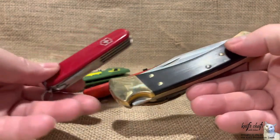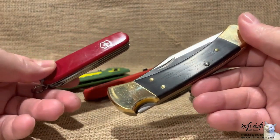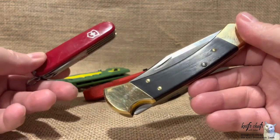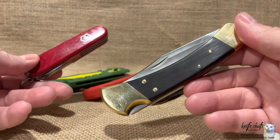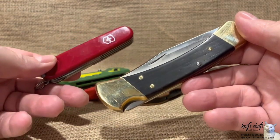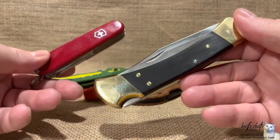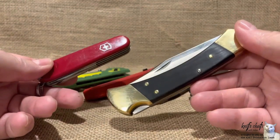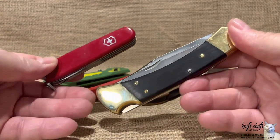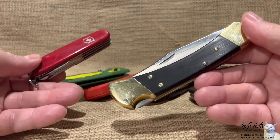Now, my thought originally was to try and do this as an open tag. And honestly, if you want to join in on this and show me whatever hardware store knives you got, I would really like to see them, see what kind of variety is out there in those kind of places. Because I'm rarely in a Farm and Fleet or a Harbor Freight. Typically the ones I'm at are Home Depot and